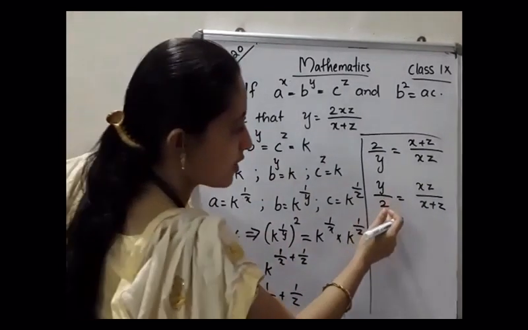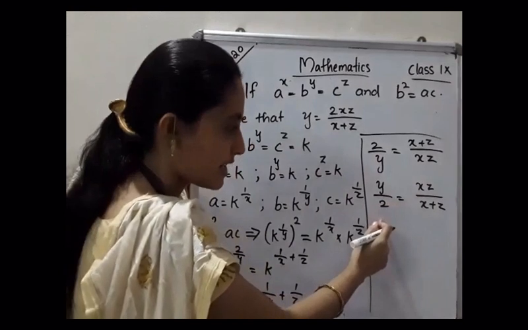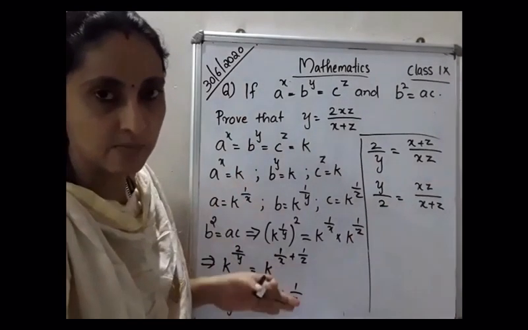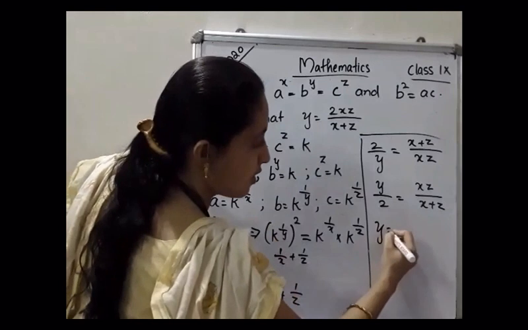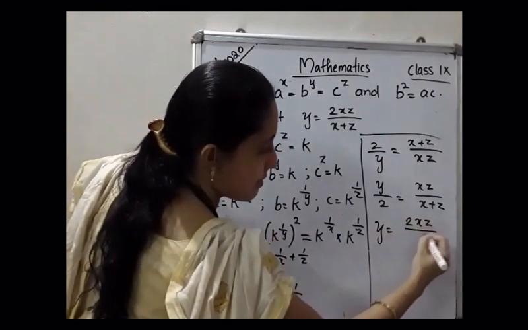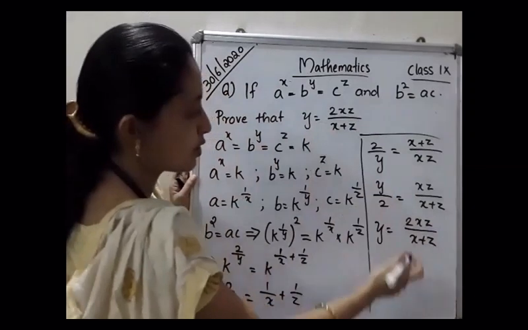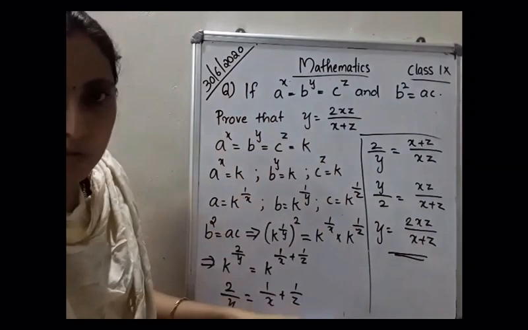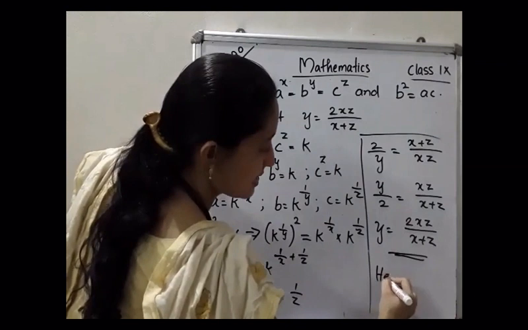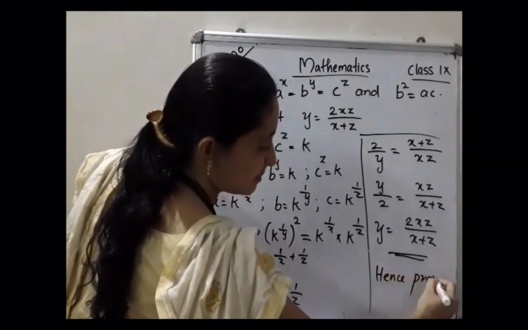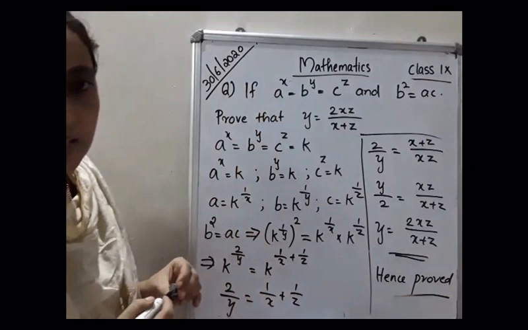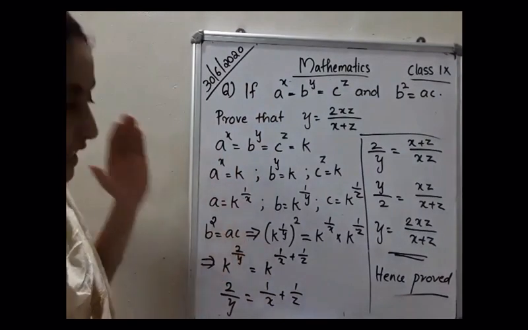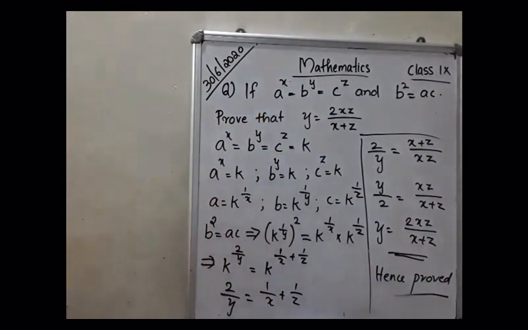Then what do you want to remove? The 2 here. It is in the denominator, and when you move it to the other side of the equation, it goes to the numerator. So y will be equal to 2xz divided by x plus z. Please go through the answer. Is that proof? Say yes. So the last step is hence proved. Go through each and every step clearly, and only then write it in the notebook. Yes, we will move to the next question.